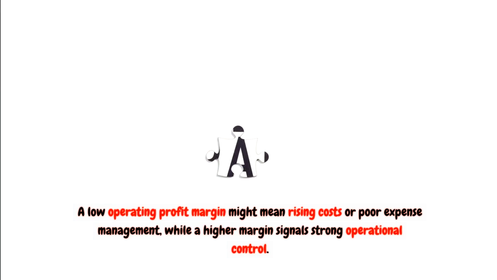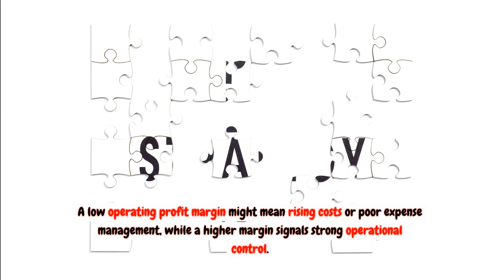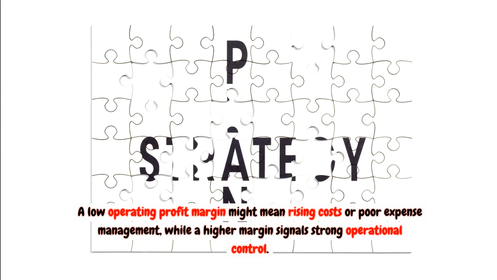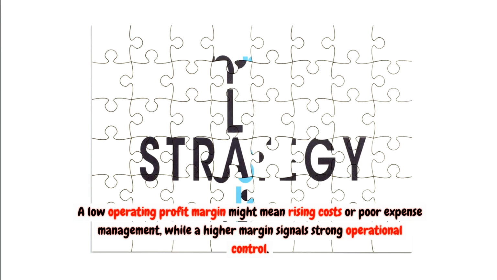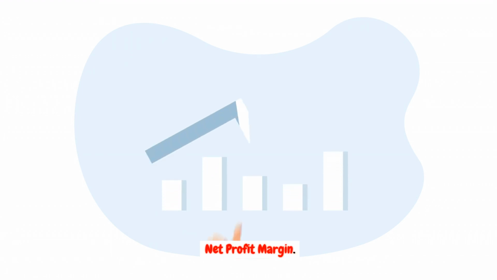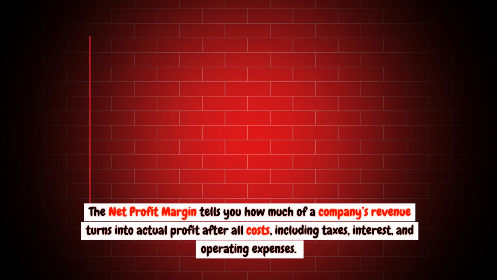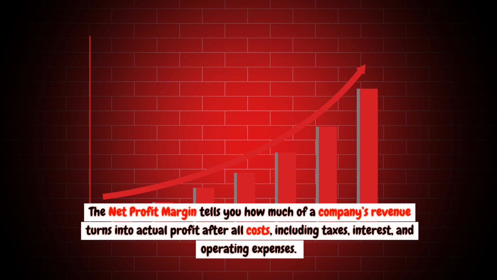A low operating profit margin might mean rising costs or poor expense management, while a higher margin signals strong operational control. Net profit margin. The net profit margin tells you how much of a company's revenue turns into actual profit after all costs,